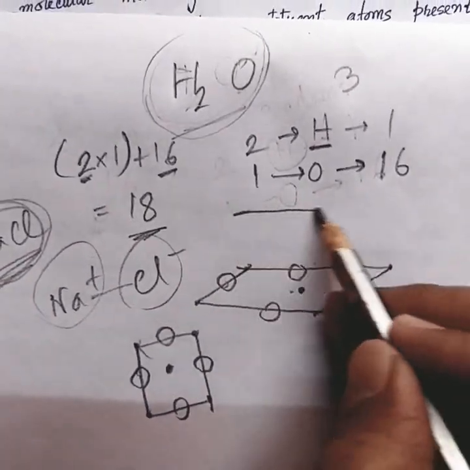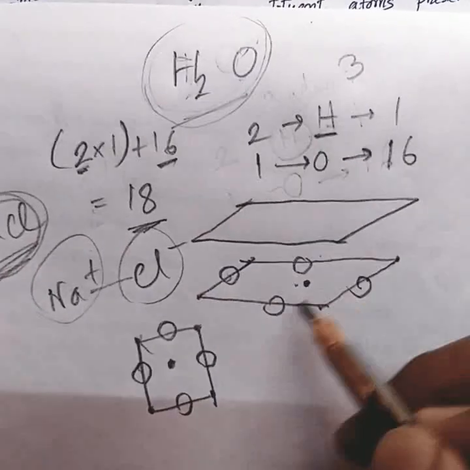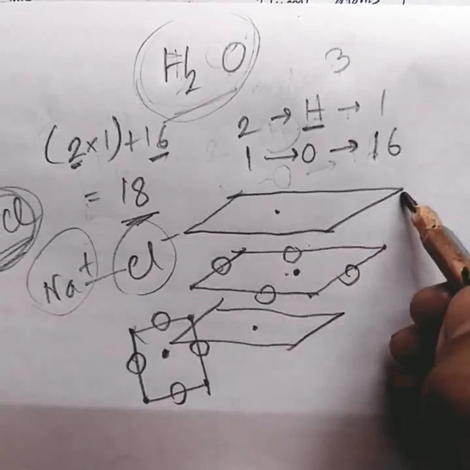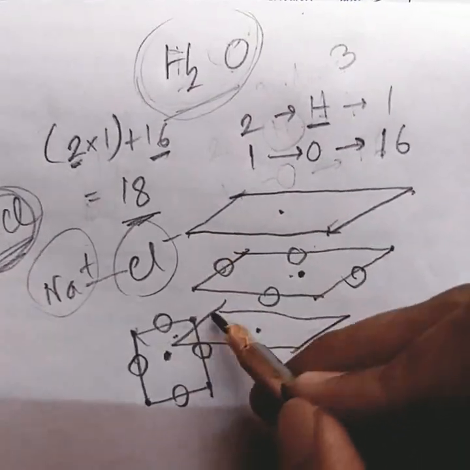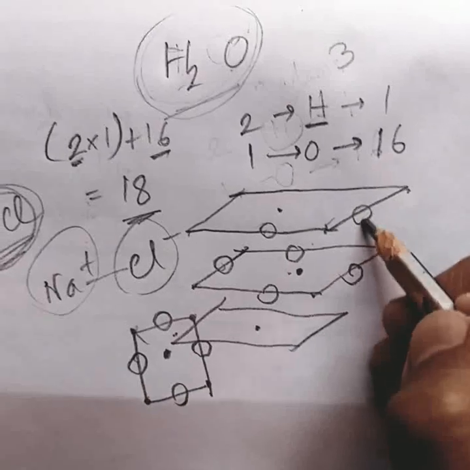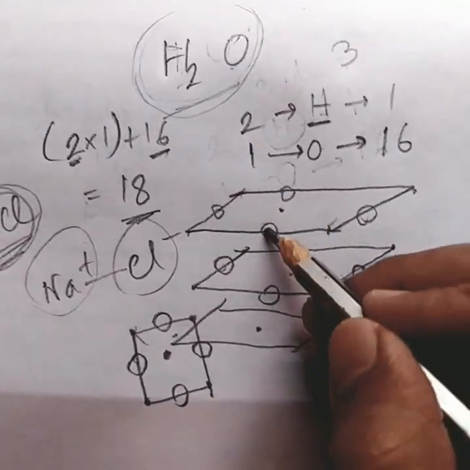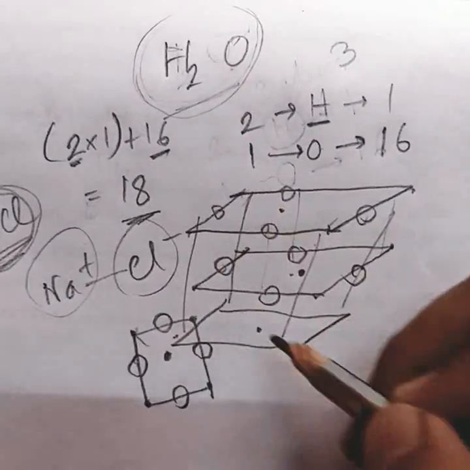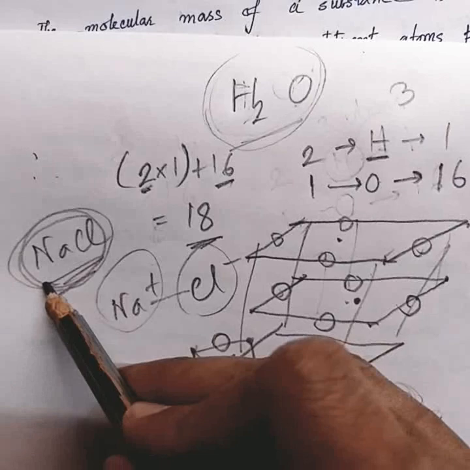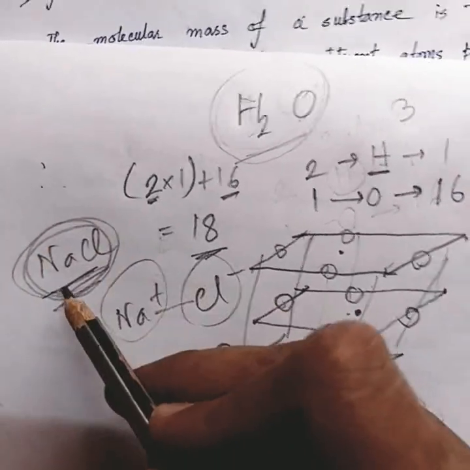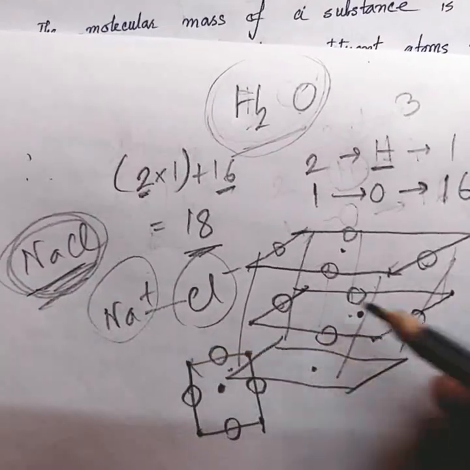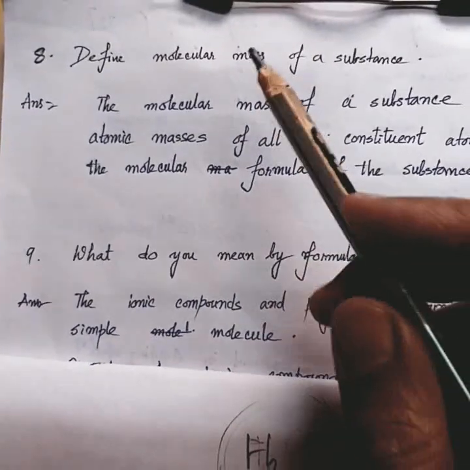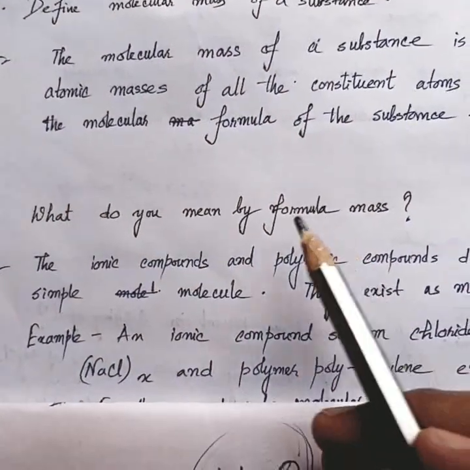Now such structures lie above this and below this also. The same thing: in the center the sodiums are present, in the corners also the sodiums are present, and on these sides the chlorine ions are present. So these things form a lattice, a cuboid-like structure. So in this case you can see that the molecular formula NaCl is not sufficient because many NaCls are combined to form this sodium chloride, as it is an ionic compound. So for them we cannot define this molecular mass. So for them you have to define formula mass.